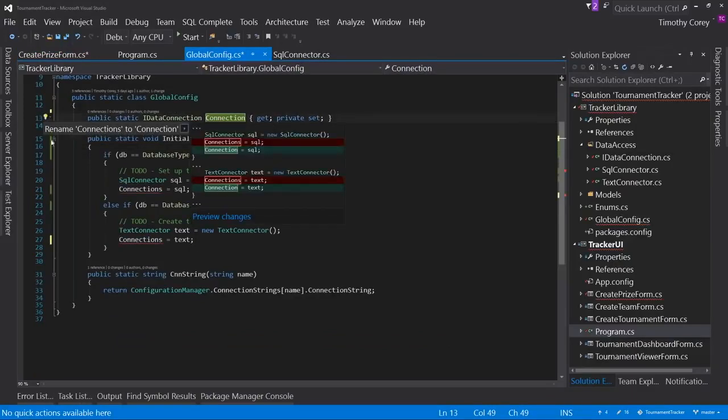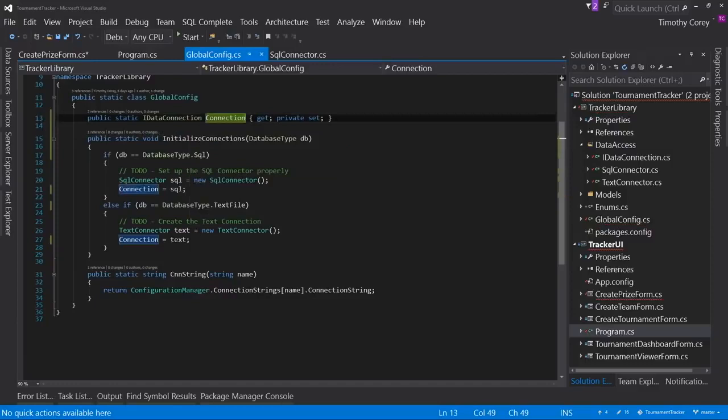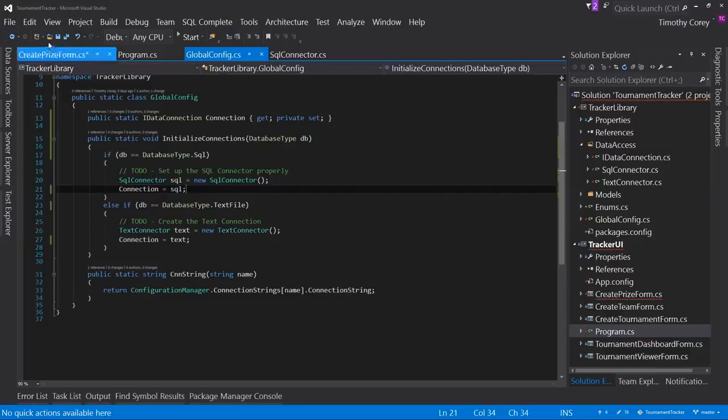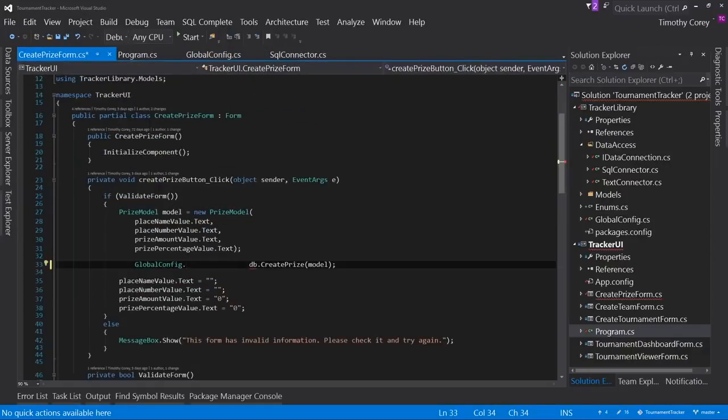I hit Ctrl+dot. I'm going to say rename Connections to Connection. Let's go through and rename these 2. And so now they are correct. I could have just renamed anything that broke, but that's a little bit easier, and it does know about scope, so it knows what is really calling Connections and what's not. But over here, GlobalConfig, Ctrl+dot, Connection,